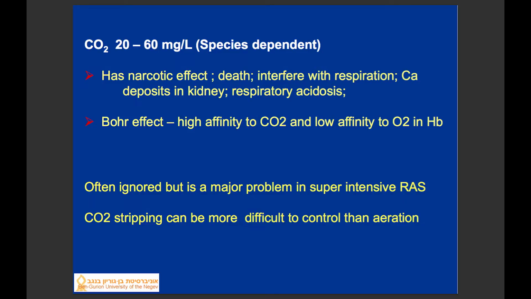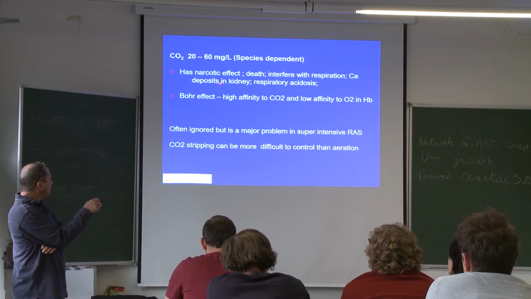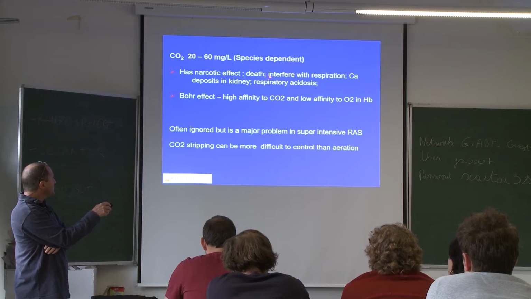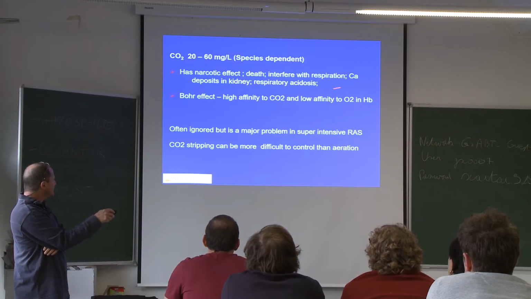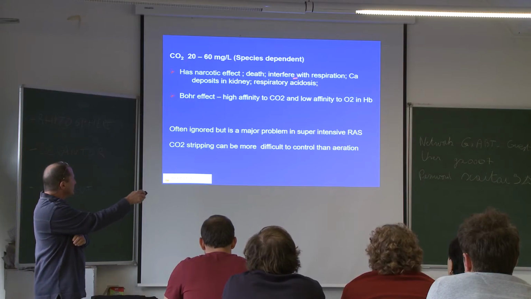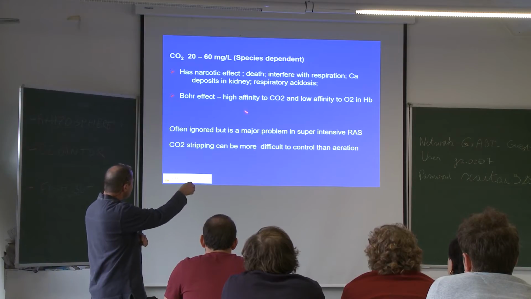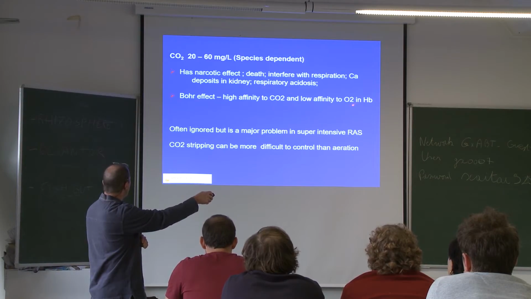Okay? And why do we care about that? Because at certain concentrations, CO2 has different toxic effects, just like on humans. It has a narcotic effect. At higher concentration, it causes death to the fish. Calcium deposits in the kidney, because it reduces the pH, right? It's an acid. So there is an acidosis that it causes, and it reduces the affinity of O2 to the hemoglobin,